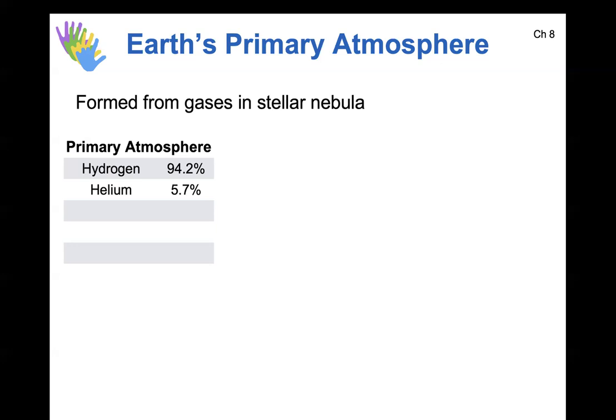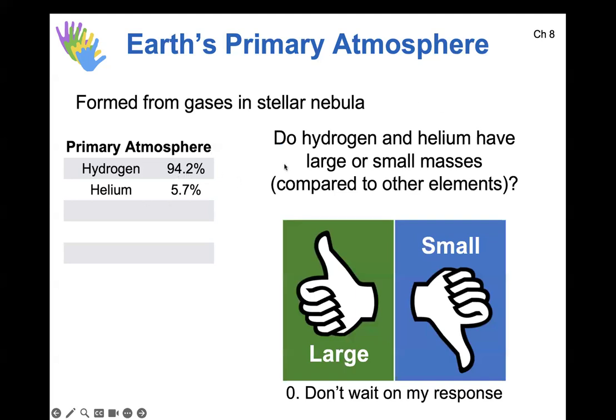There would have been at some point, when the Earth was still molten and still differentiating, an atmosphere entirely of hydrogen and helium. However, as the sun began to become a proper sun and fusion began, and the solar wind started streaming out into the solar system, as well as the heat associated with the photons and the light streaming out from the sun, we would have lost that early primary atmosphere. And we don't have really any of it left today.